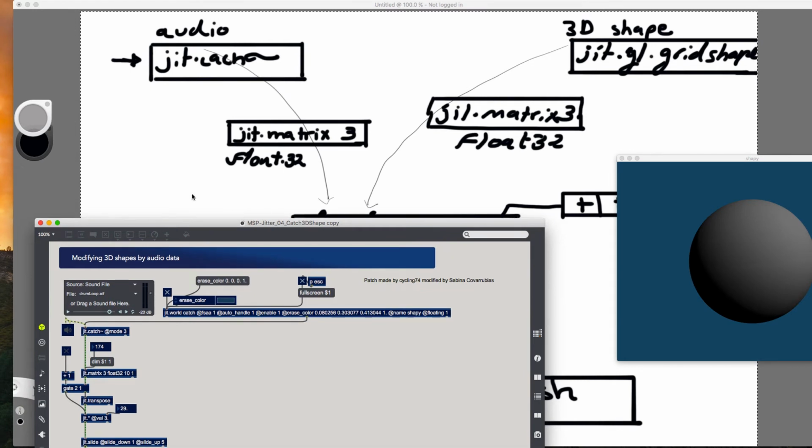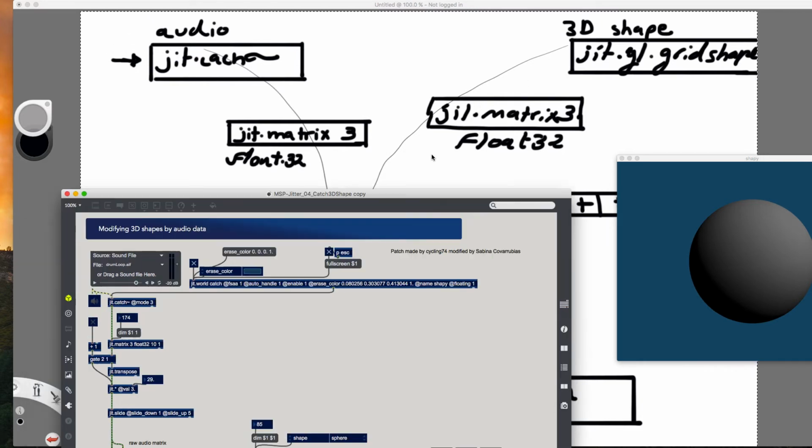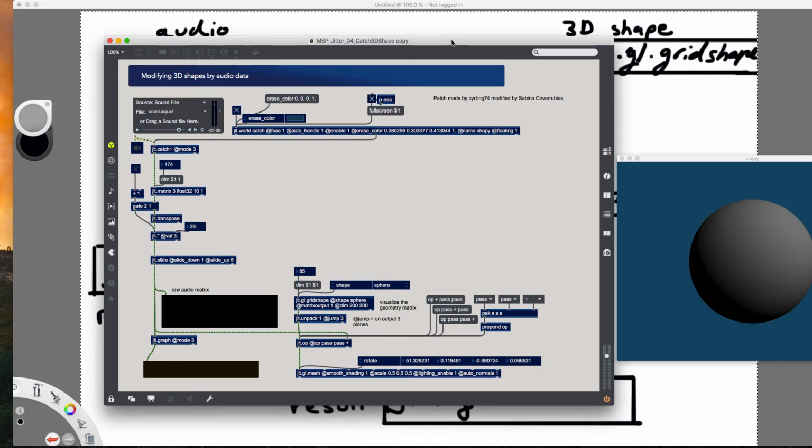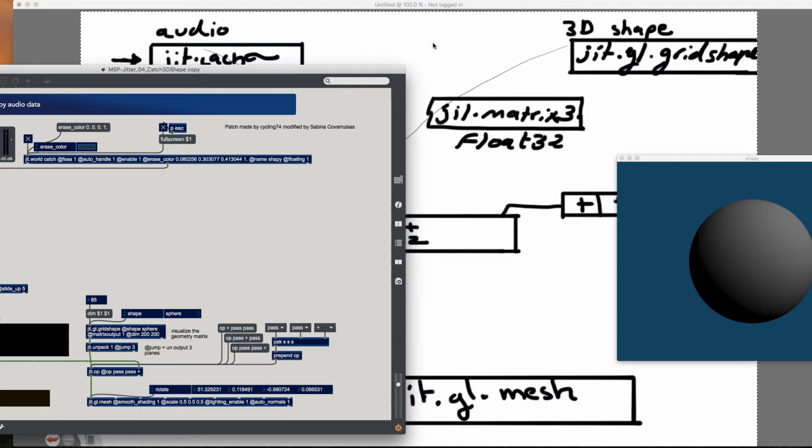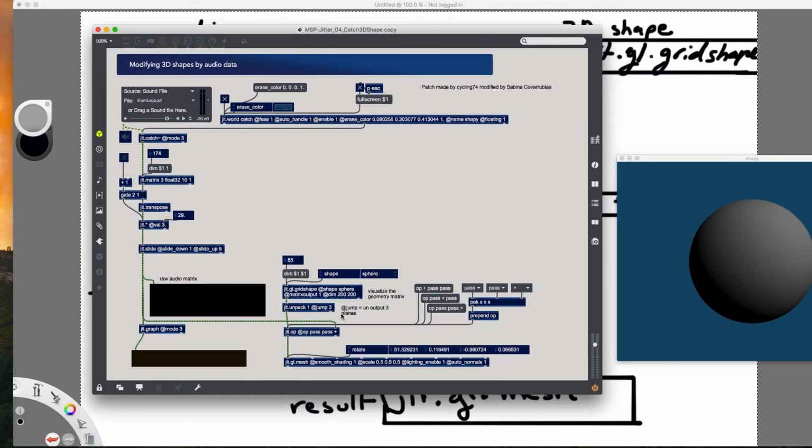On the other side, I get my 3D shape, which is given to a jit.matrix of three planes. Let's see where to find that. Can you see it? Try to find it first. Yeah, it is right here. And this is the way I am transforming this jit.gl.gridshape data into a 3-plane matrix: a jit.pack unpack object is doing the job. So what is happening here is,